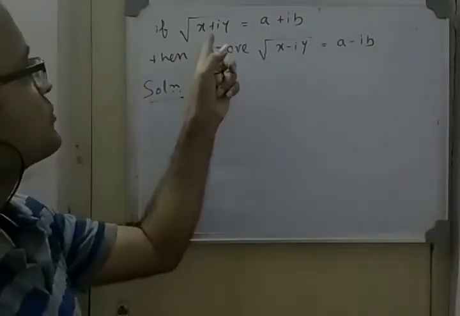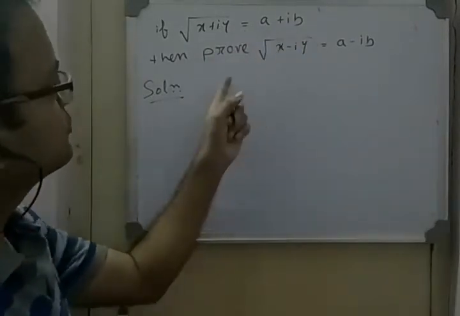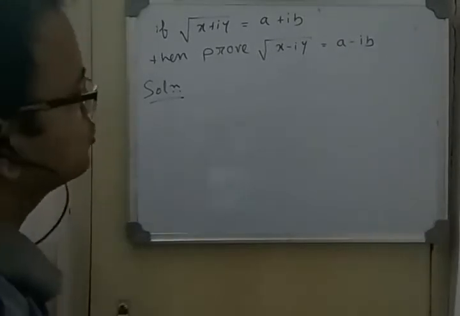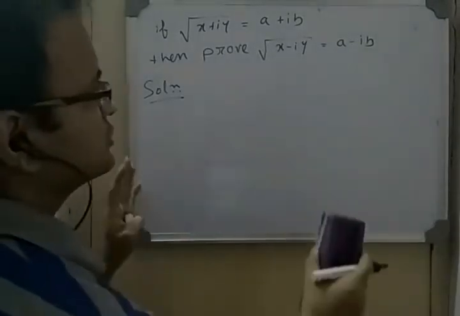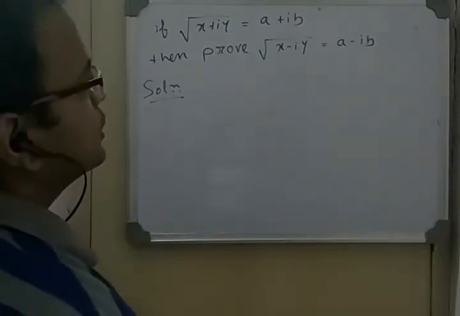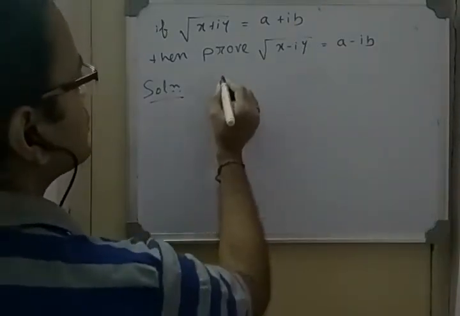If root over of x plus iy equal to a plus ib, then prove root over x minus iy equal to a minus ib. I will prove it in 2 ways. One is with a general concept, a little bit lengthier. The other will be a shortcut way. First,